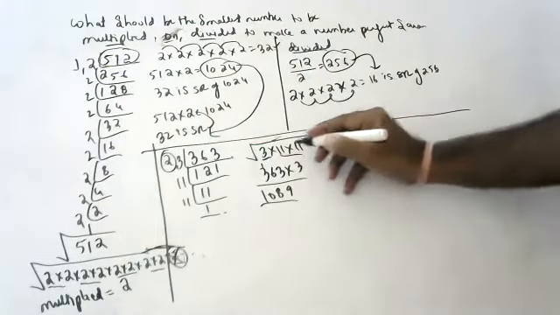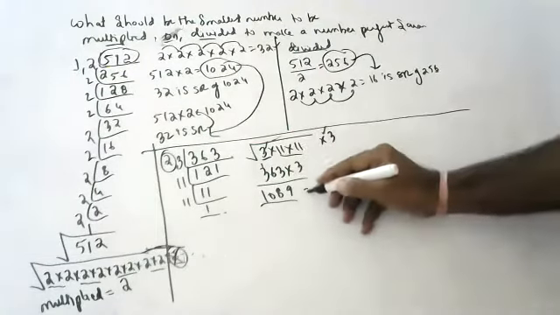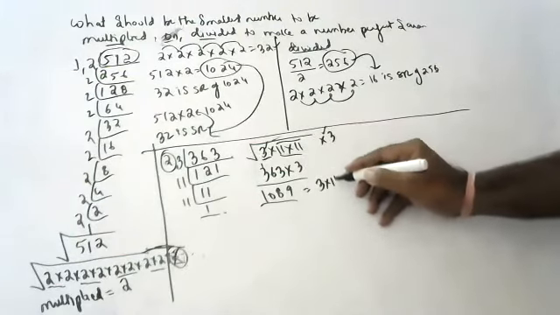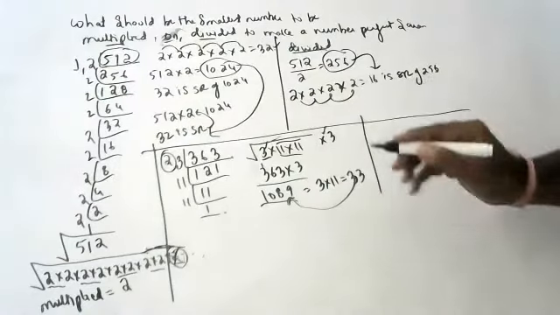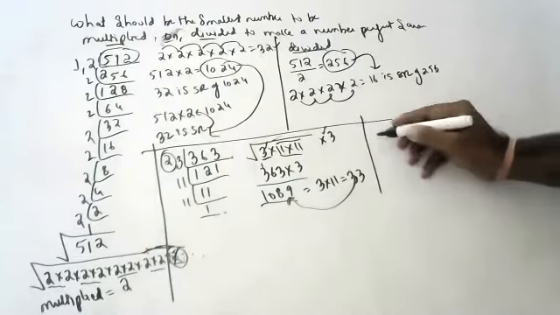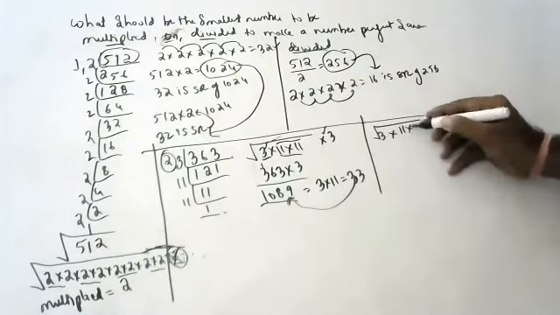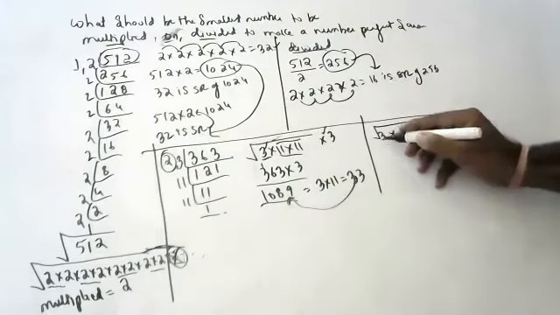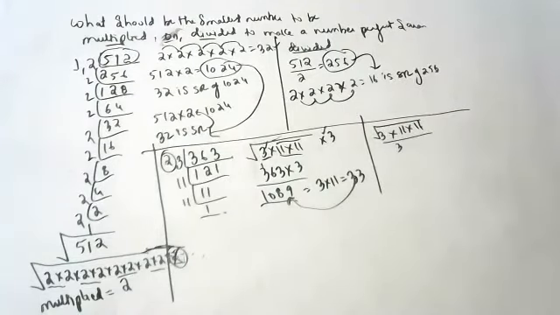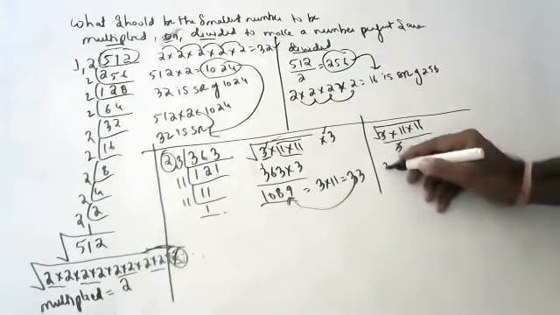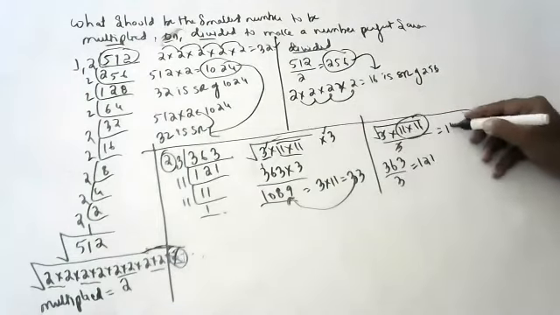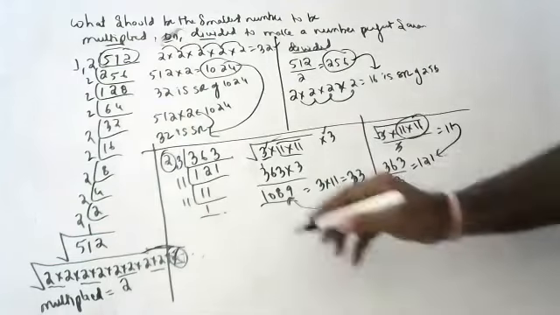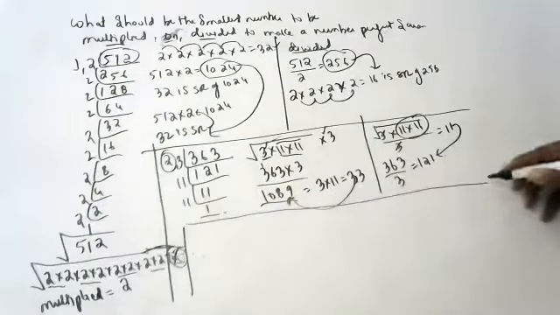Inside, from two 3s we will take one 3, and from two 11s we will take one 11. 33 is the square root of 1089. Now what should be divided, what will you say? Both 11s are there, but this 3 is alone. So it should be divided with 3. If you divide with 3, this 3 and this 3 will get cancelled. So 363 by 3 is how much, children? 121. Two 11s are there, one 11 will come out. 11 is the square root of 121.